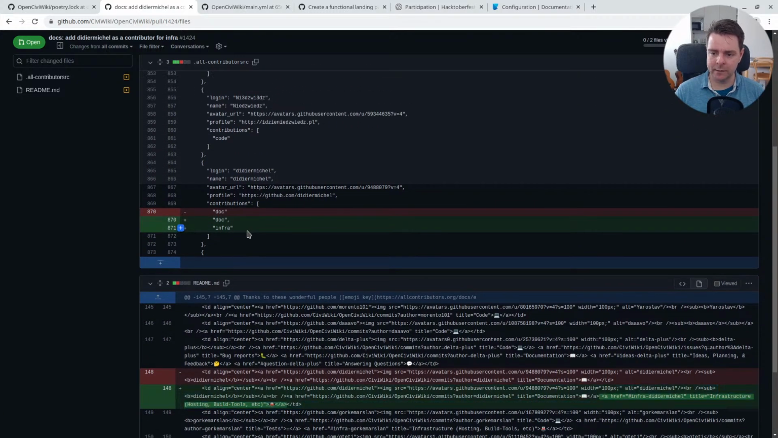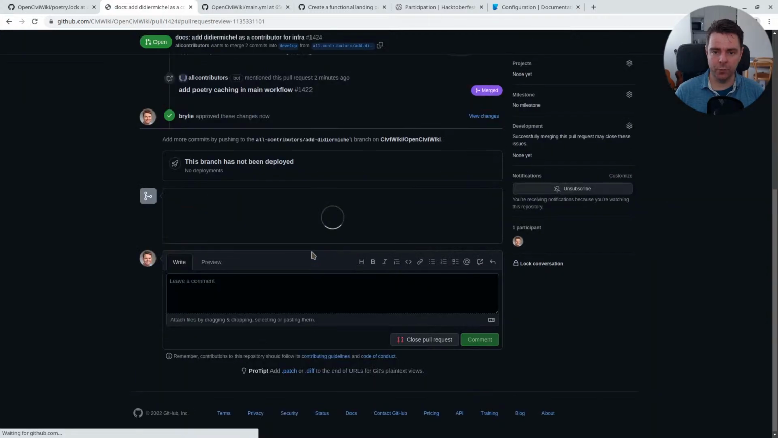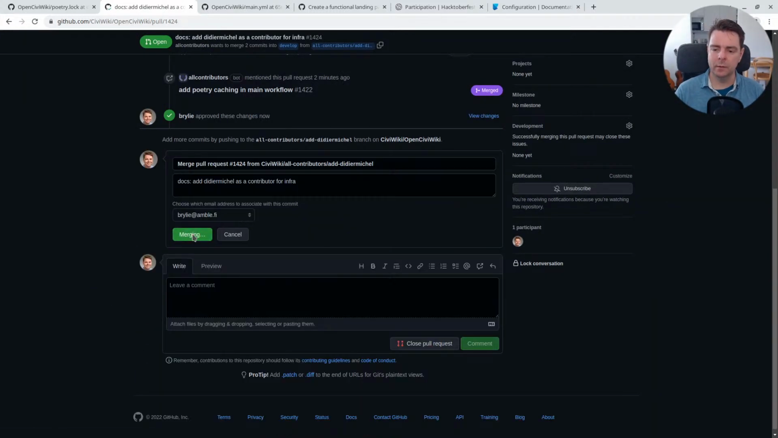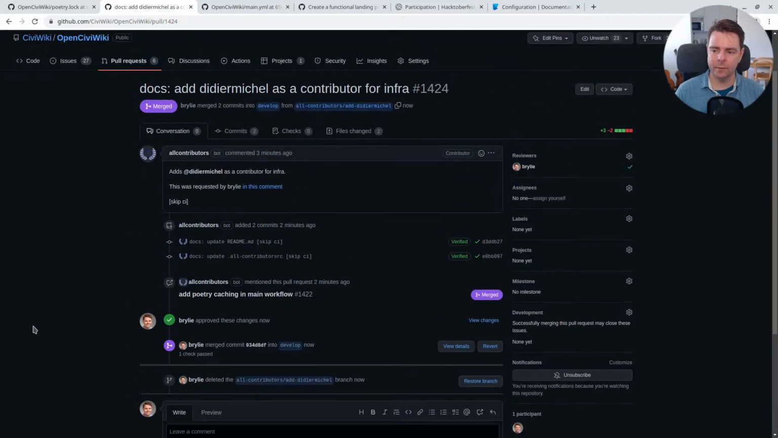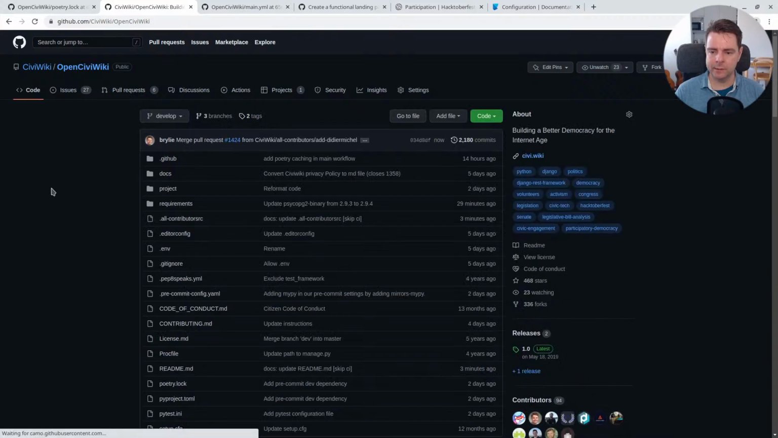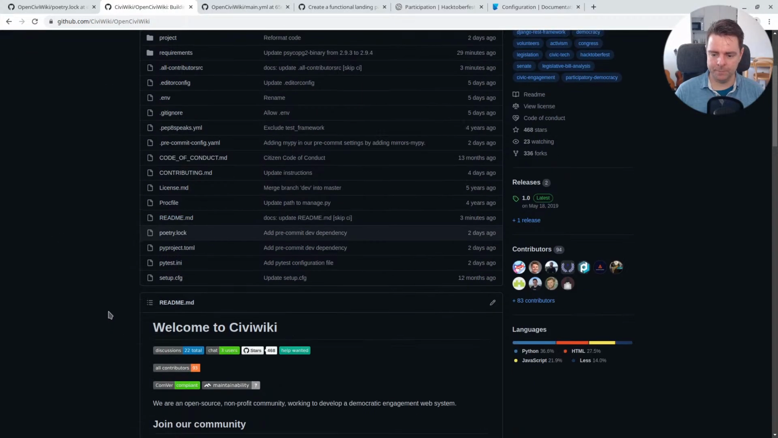In this case, Dieter had all previously contributed to our documentation and now infrastructure. So we'll approve that, and we'll take a look at our all contributors before recapping and signing off. Very cool, merged. So how it looks, we have our project source code contains a README file, and the README